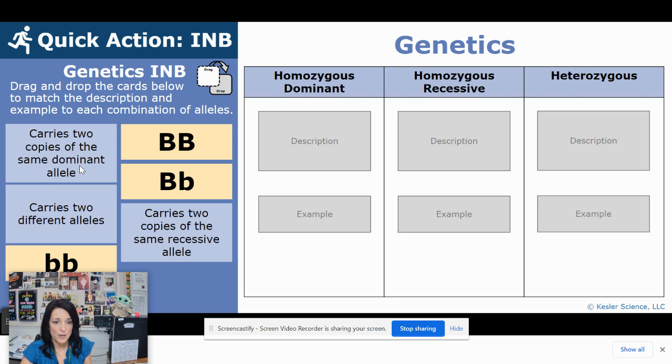This is going to be a slide and drop, and I want you to pay attention to the description goes at the top and the example goes on the bottom. The examples would be the letters, and for the descriptions, or the written portion,